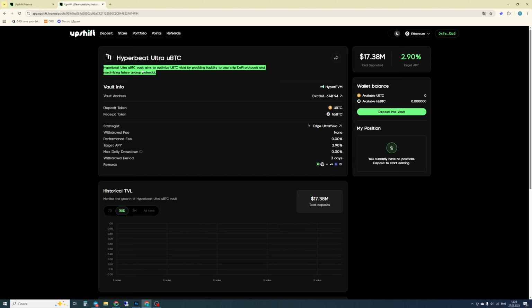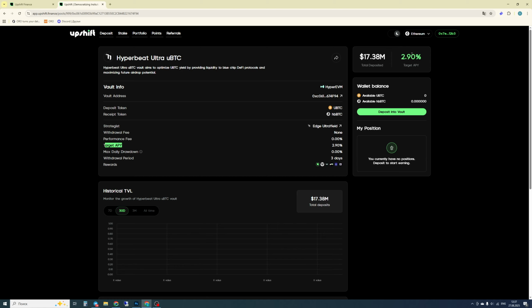Here we can observe the specific strategy that will be employed to successfully earn the expected yield. This is the strategy briefly described, which the curator of this pool will use. We also see the deposit token, which is the specific coin that we actively contribute. Here we see the securely wrapped token that we are about to receive. This document will serve as clear proof that we successfully made our deposit. Accordingly, this detailed menu clearly shows the withdrawal fee, which, in this specific case, is notably absent. This is the platform's commission. In this pool, we see it is 0%.